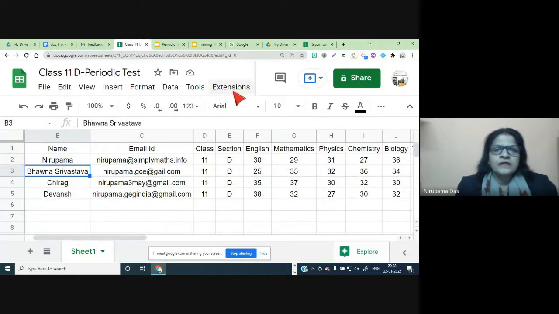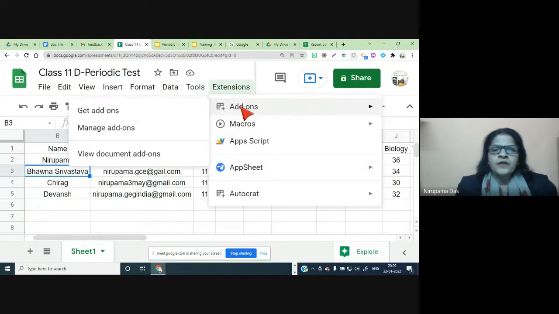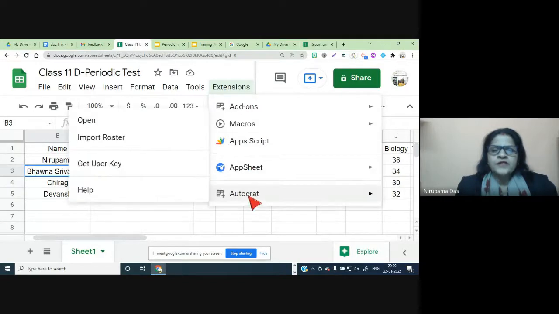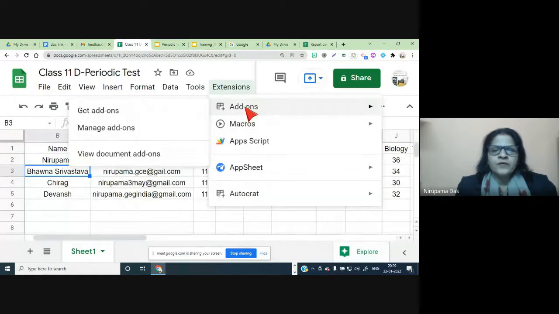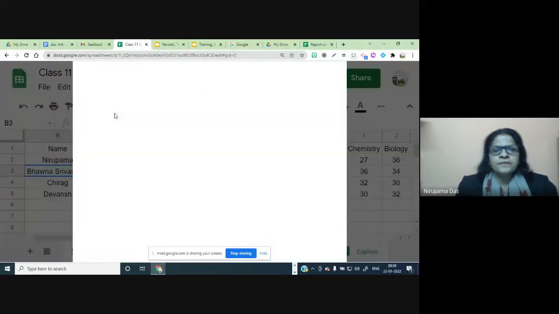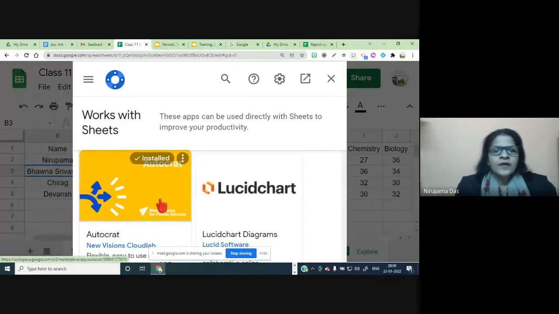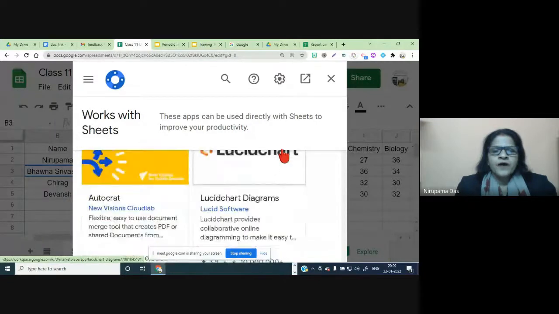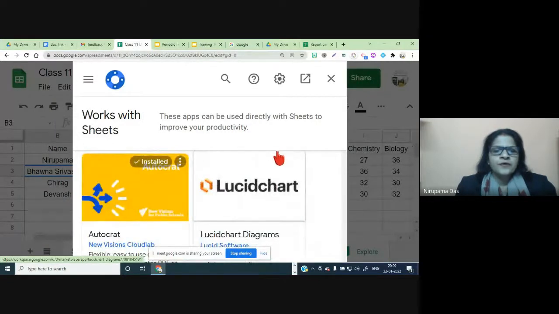So here you can see Extensions. When I click this, I'm getting an add-on. I already have AutoCrat installed. If not, what you can do: click Add-ons, then Get add-ons. Here you can see, out of lots of add-ons in the Chrome Store, this is AutoCrat.